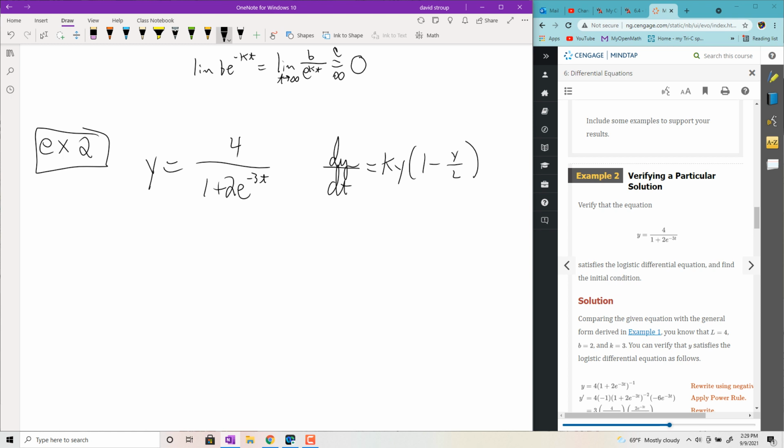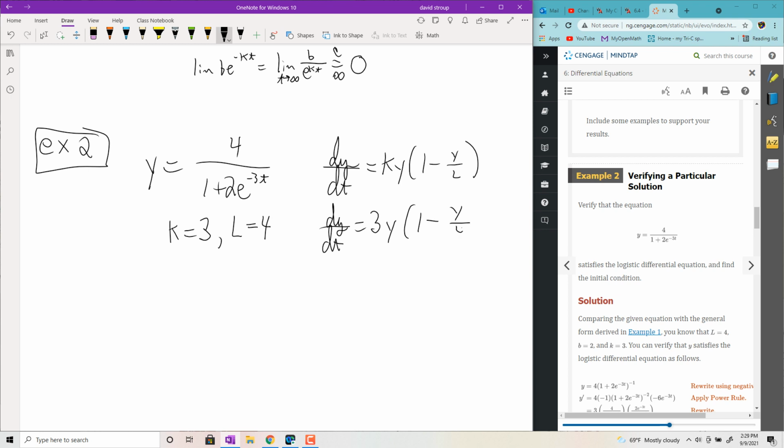You could see k and L from the original equation. The k is just whatever's in front of t, so in this case it's 3. Don't use the negative, it's not negative 3, it's just 3. The k value is always positive. Then the limiting capacity is just whatever is in the numerator, so 4. So the differential equation that we're trying to satisfy is going to be 3y times 1 minus y